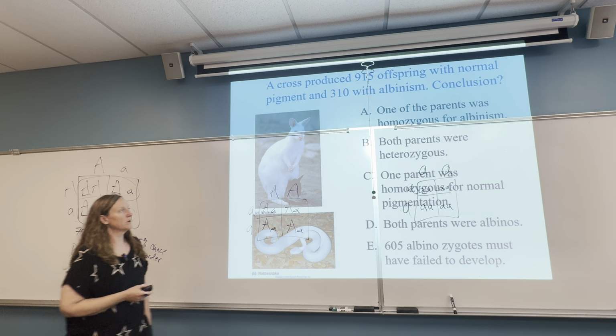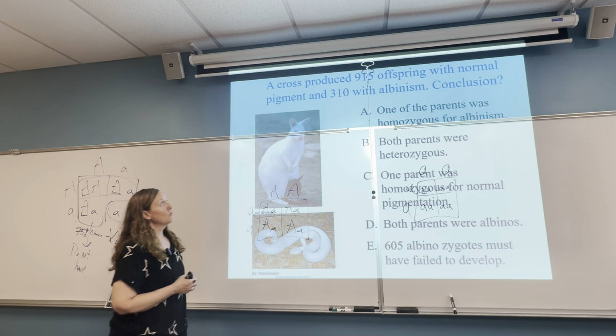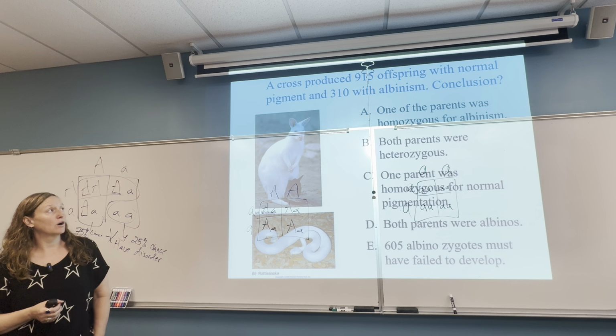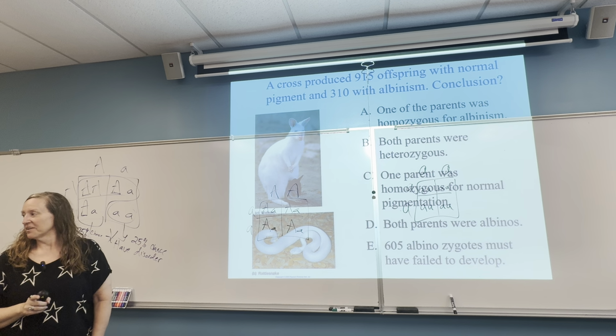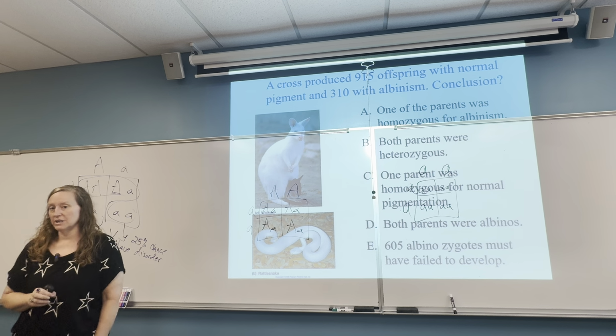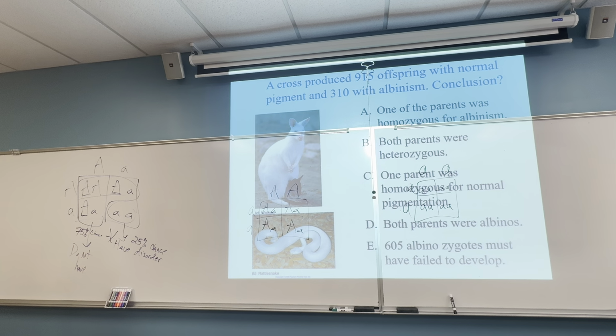So let's answer this question here. A cross produces 915 offspring with a normal pigment and 310 with albinism. What can you conclude? So you really do need to sit down and think about percentages on this. I'm going to give you a little hint that it would be a good thing to take 915 and 310 and add them together for a total, much like what you did when you were figuring out the percentage